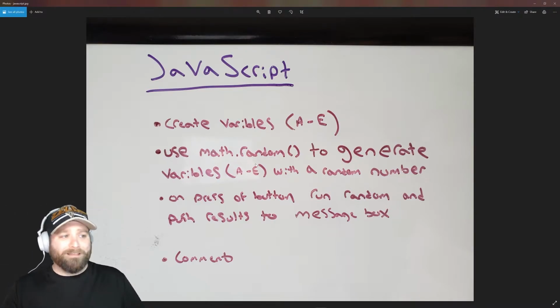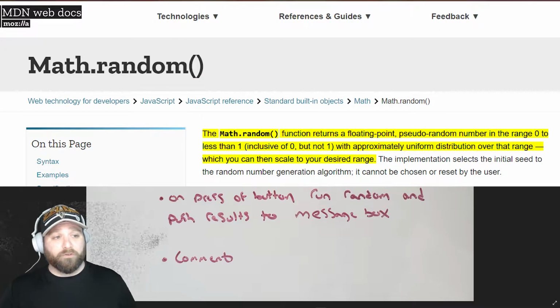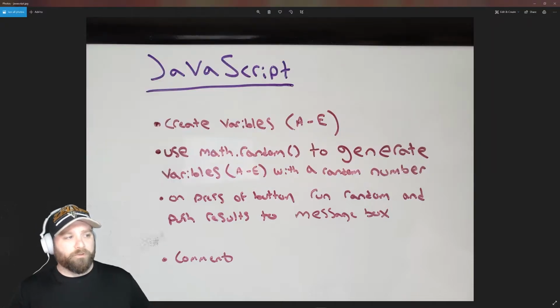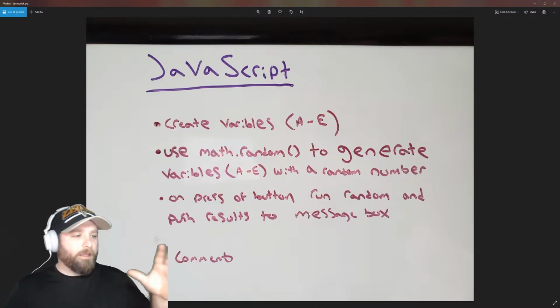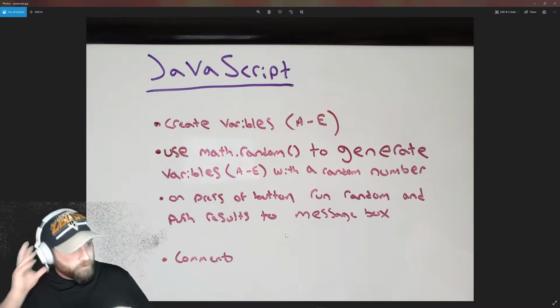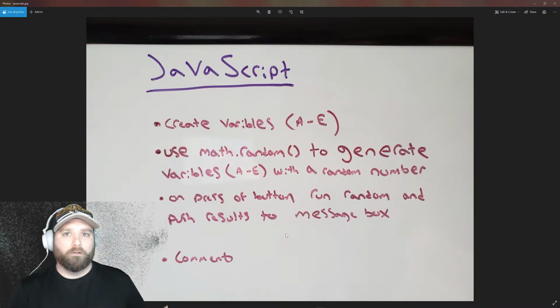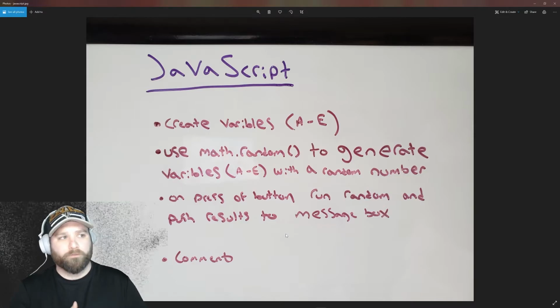We're going to use Math.random, which is a random function for JavaScript, to generate the variables A through E with a random number, like I just explained. And then on press of the button, we're going to run the random function and push the results to the message box. One of the problems I had earlier on when I first started programming in JavaScript and HTML,